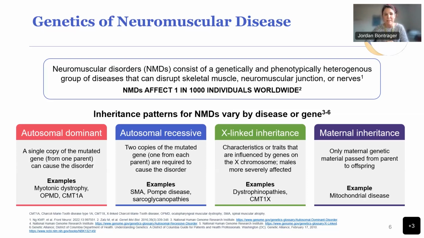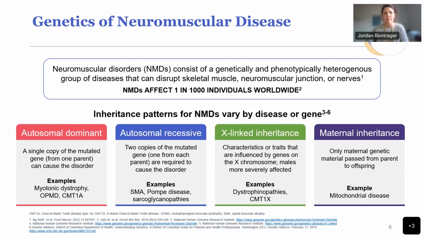The inheritance patterns for neuromuscular diseases vary based on the disease of interest, the gene at hand, or even the mutation. Even within the same gene, a specific mutation type or location of a specific mutation or pathogenic variant, which I'm going to use interchangeably, just know that those two terms are the same, could be associated with recessive disease within a gene, whereas another pathogenic variant might cause dominant disease. So it gets very tricky in terms of inheritance patterns, but they are grouped into these 4 main